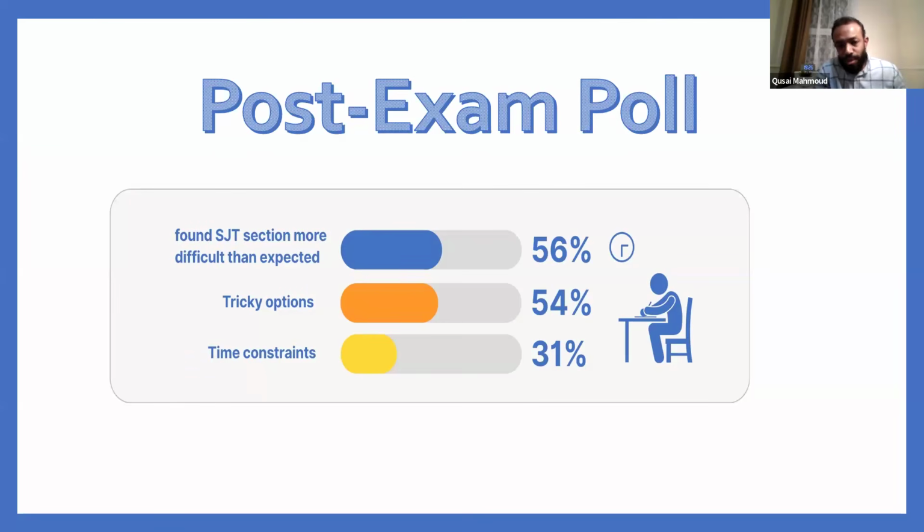However, we asked them again, what was exactly the major difficulty? 54%, and that's very important, said the options were very tricky. We didn't understand what they meant by that. Classically, time management is the issue, but in this exam in September, they changed so much in the SJT style. That's why I'm making this webinar, and we will go in depth.